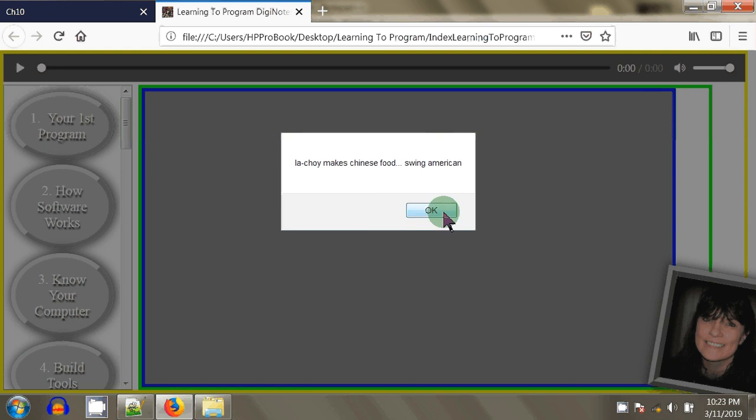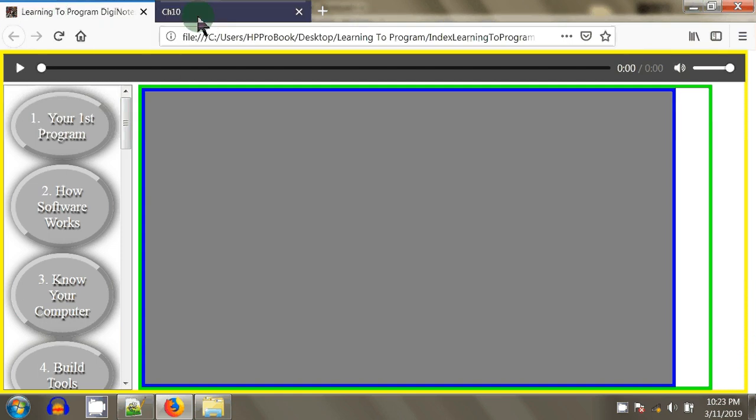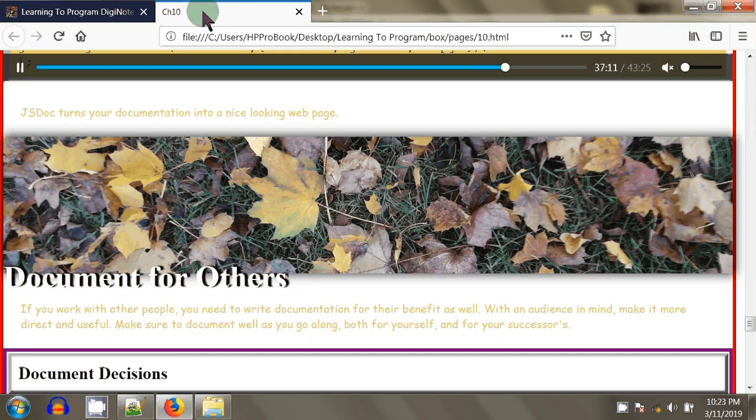You click OK, and that image disappears as well. So basically on these two images of the landing page, I'm going to create an event listener and show you the code that did what I just showed you. And then after that, I'm going to go to the chapter 10 page, the 10.html page, and we're going to